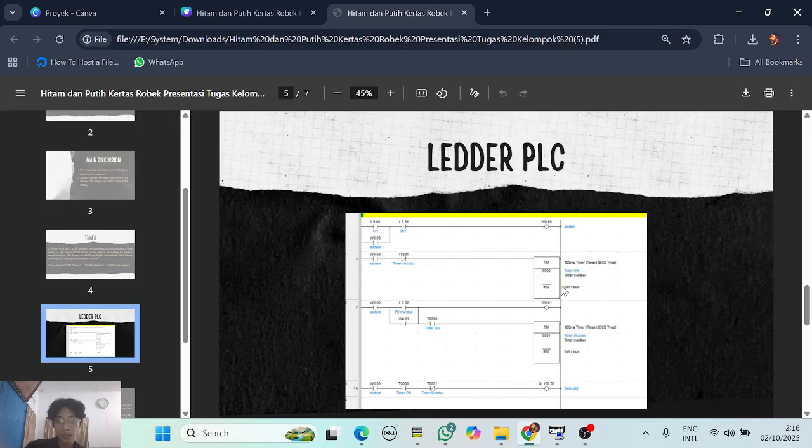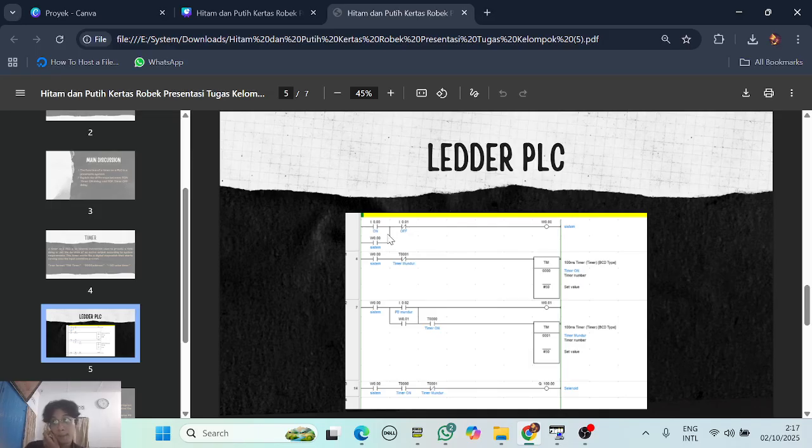Timer on will be active when the system is on. The system will be on if we put some value on the PB on. If we press the PB on, that will make the system on.